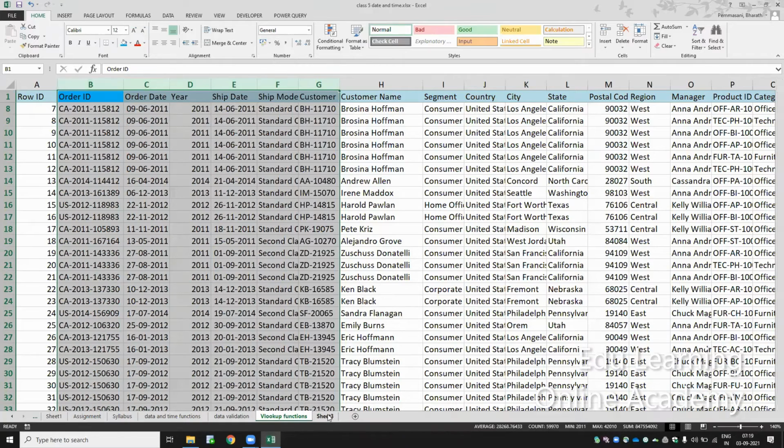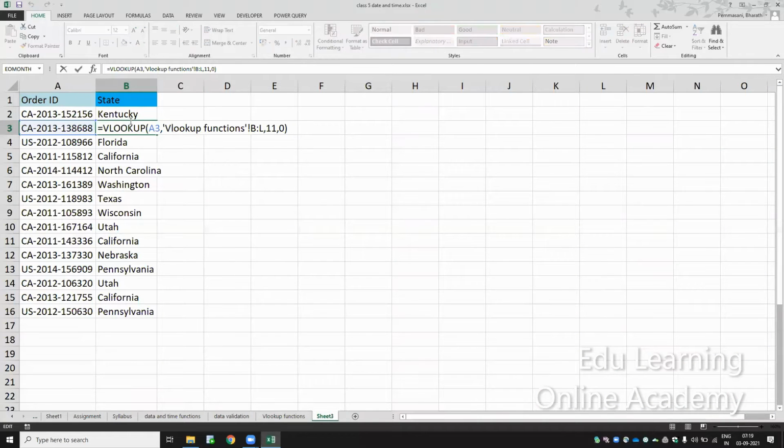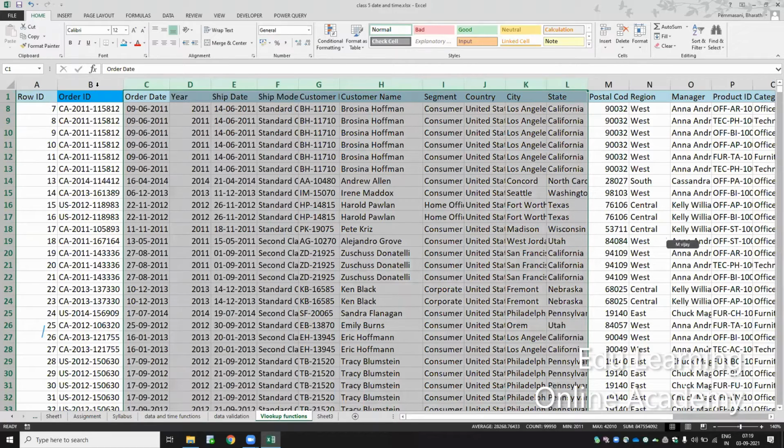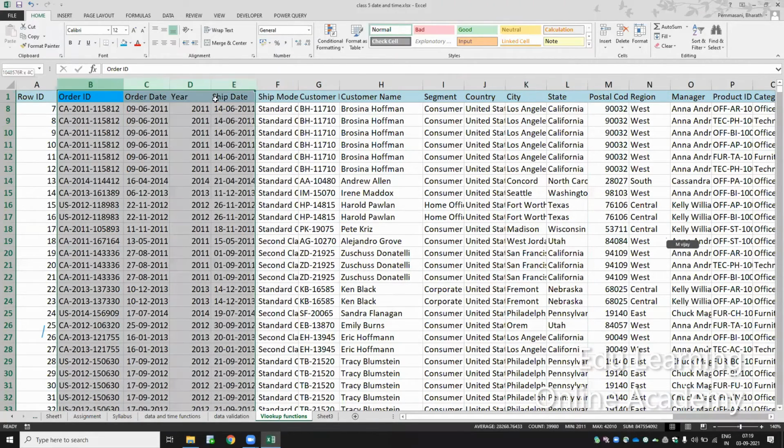We'll select the table array here, right? So if we go here, we are selecting the table array. In this table array, we need this order ID to be in the first place, in the first column. So we cannot select from here. If you select from here, you will not get the state. Because we are searching with the help of order ID, this order ID should always be in the first column